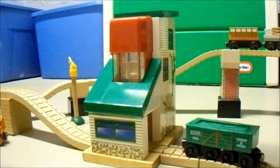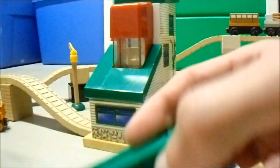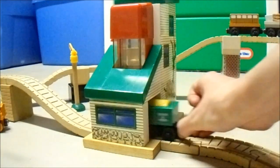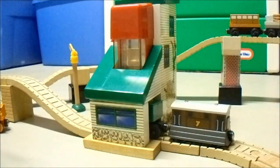Like, what if you were to lose this or something, and you had this closed off? There would be, like, no way to open it up without it. I mean, if you know of any way, you can go ahead and tell me. So, how it works is that